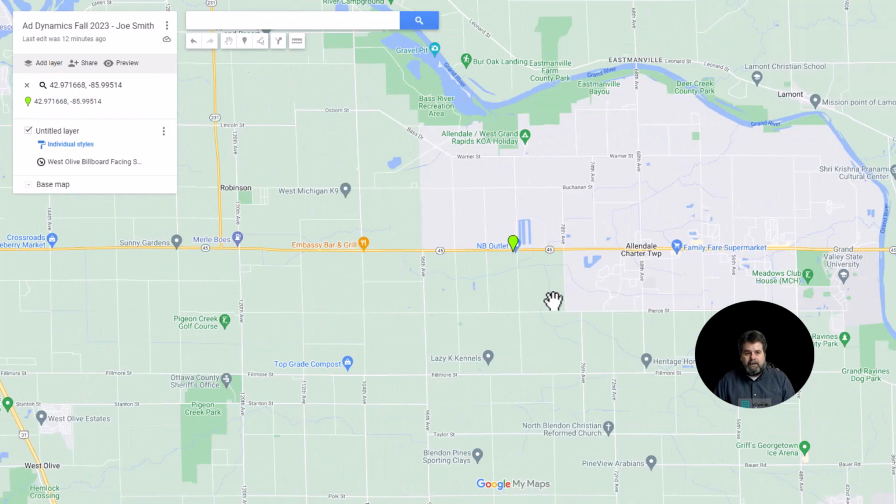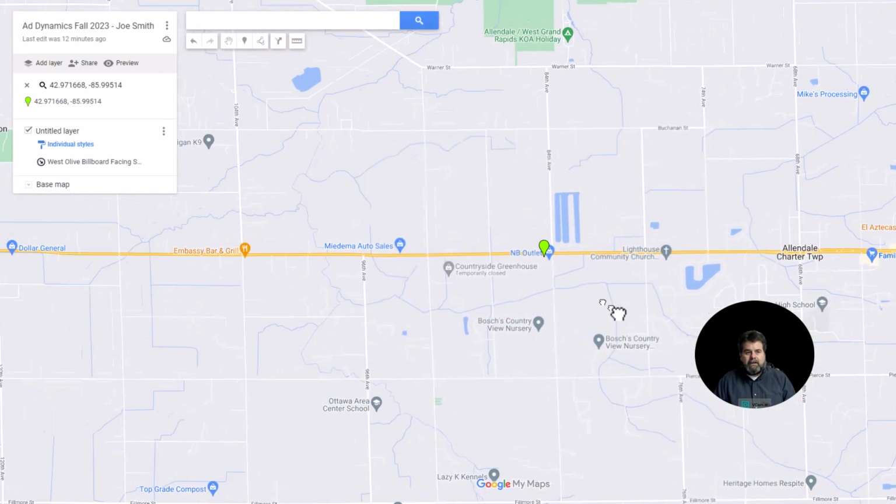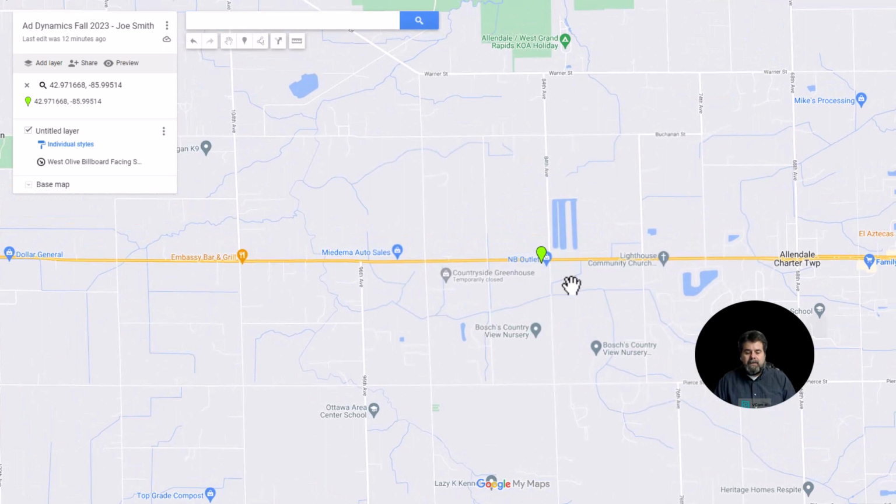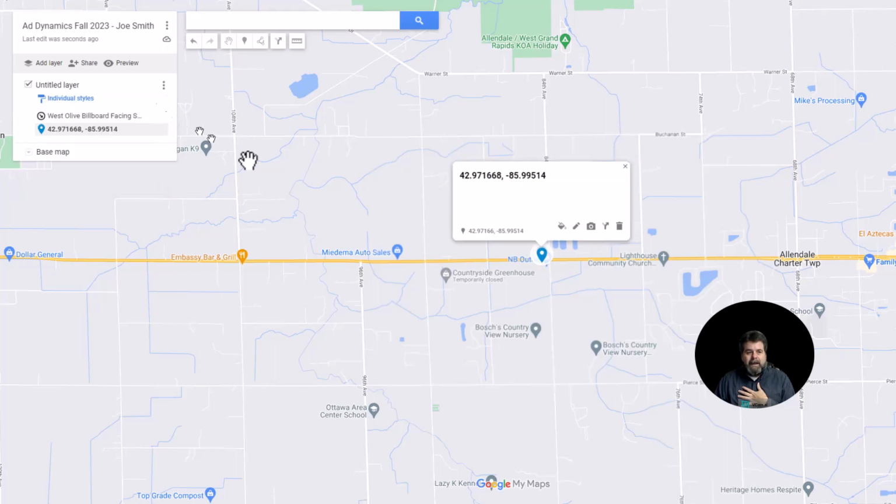And it brings us to, hopefully you can see it there, a little green marker in the middle of the screen, and that is your new marker for this particular billboard. Now, a couple things to think about is that we need to add a place for this, right? And so I'm going to actually add this. I'm using the plus symbol on the left. And there we go. And we can start doing things like editing the title. And we're going to call this